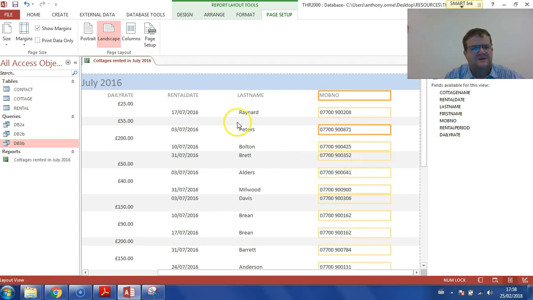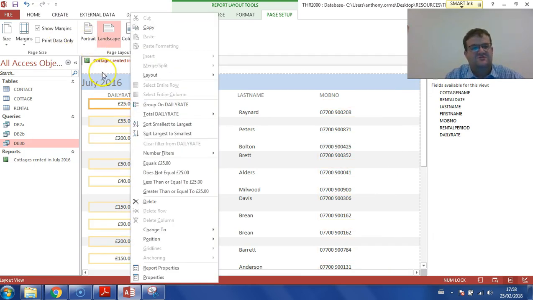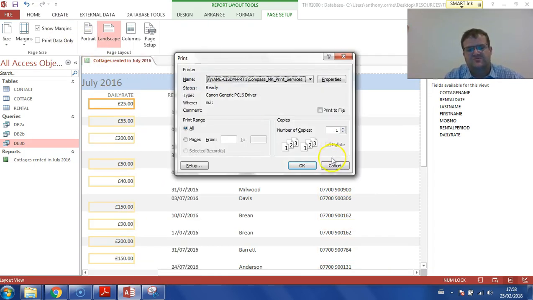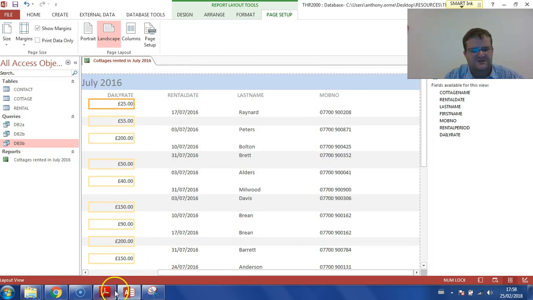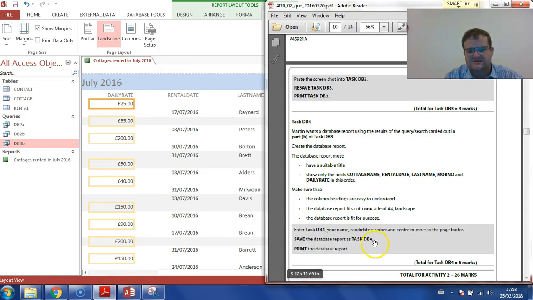Like there. And of course you Control S that. And you just print it, Control and P, and it will print with your name on the footer. And that is